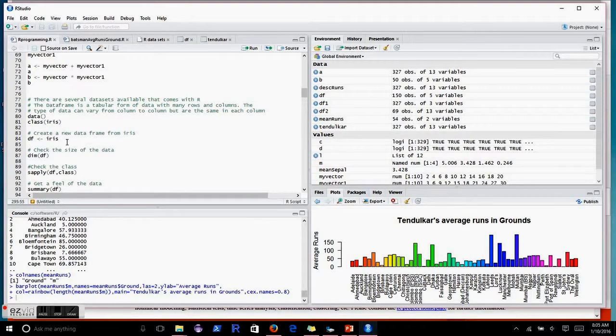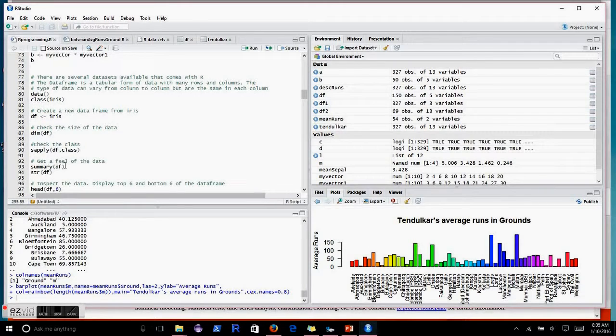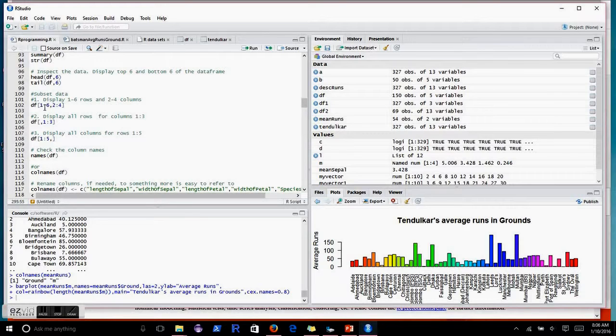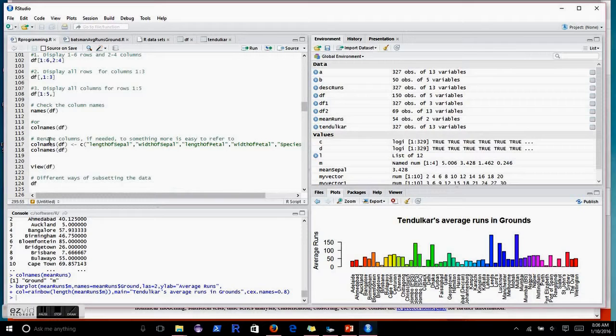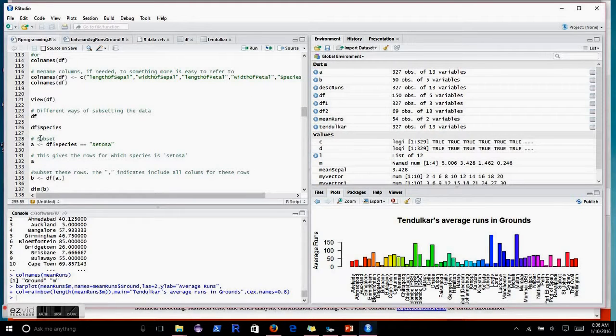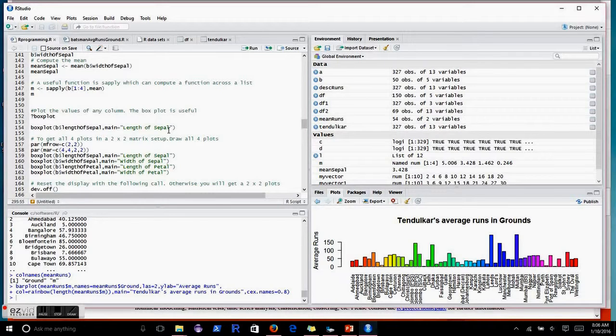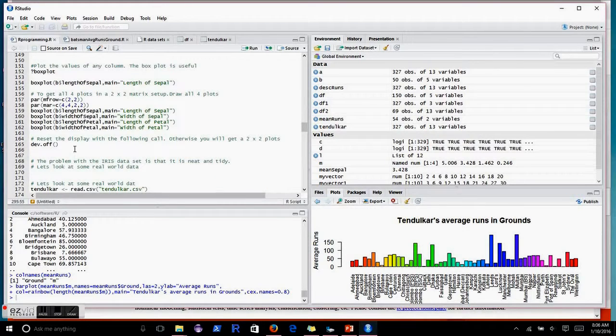And then we have data frames, and the couple of important functions you use in data frames are dim, checking the dimension of the data frame, getting the summary of the data frame using either summary or str, checking the top or bottom rows, then how to subset a data frame by using the colon operator, comma for the row and colon for the column, how to get the column names of your data frame, how to change the column names, how to view your data frames, how to refer to some specific column using the dollar sign, and some basic plots, how to display multiple plots as an n by n matrix, how to reset the display,